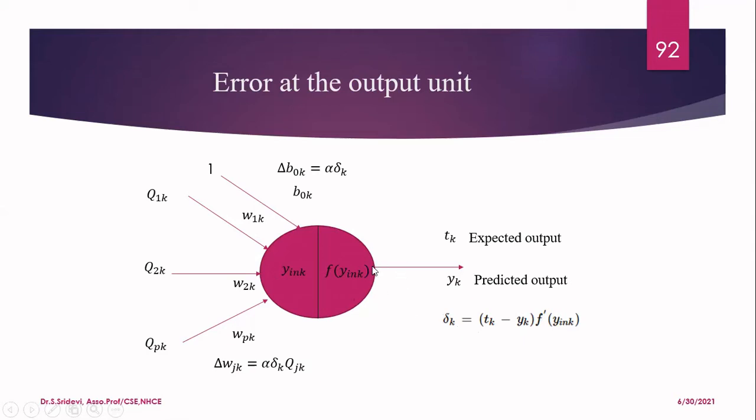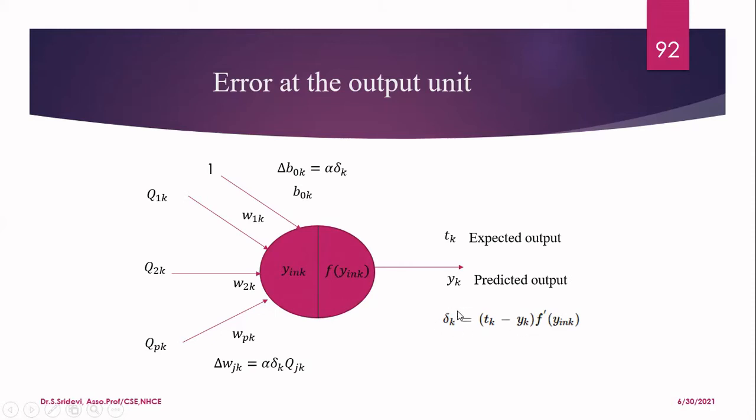See, this is related to an output unit with this particular diagram. So if you consider, this delta k is now related to f dash of Y_in_k. So what is this Y_in_k? In the previous slide, I told you that this output unit, after receiving the summation of input, is going to send it to the activation function f. That is the activation function. It can be either sigmoid or ReLU and so on. You have to find the derivative of that particular activation function. That is called f dash. Whatever activation function you have used, find the derivative of that function, then multiply the value with T_k minus Y_k. Now you will get the error term delta k.